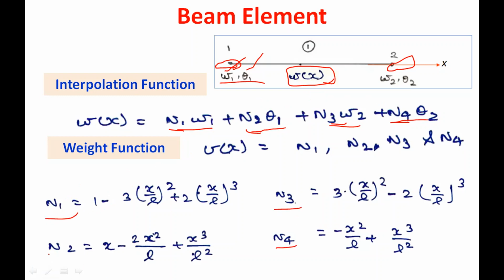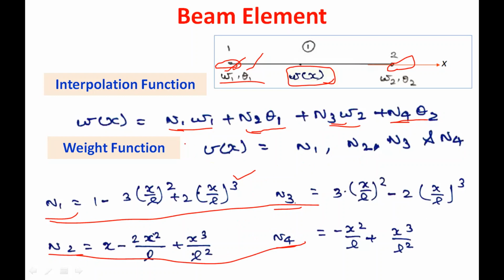the beam element which are derived in earlier part. You can refer the earlier videos. So n1 is 1 minus 3 x by L whole square plus 2 x by L whole cube. So here we are getting the third order polynomial, because to derive the w of x we assumed a third order polynomial initially in the interpolation function. You can refer the earlier videos. n1 and n3 are the shape functions for displacement, n2 and n4 are shape functions for the